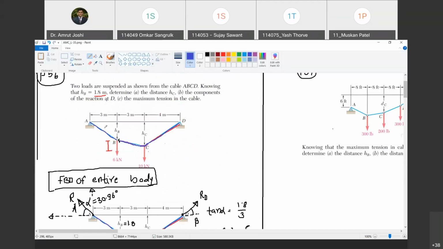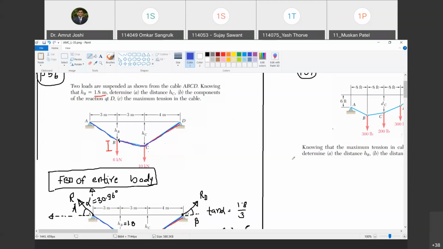And what is the value? Value is 15.94 kilonewton. So if this string has to fail, where will it fail? It will fail in AB rather than in BC and CD because AB carries maximum tension. Are you with me? Yes, sir. Okay. So this was the first category of problems that we come across in cables where the supports are at equal level, at the same elevation. Are you with me?